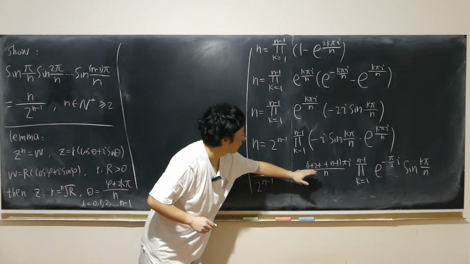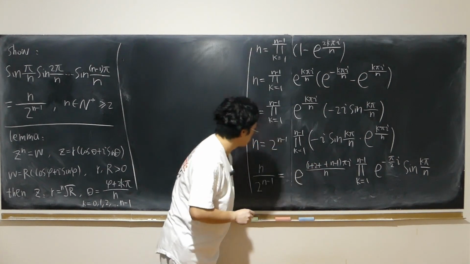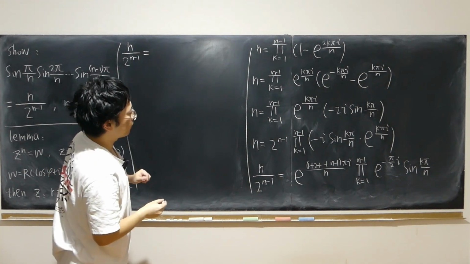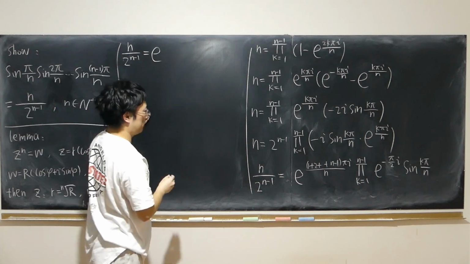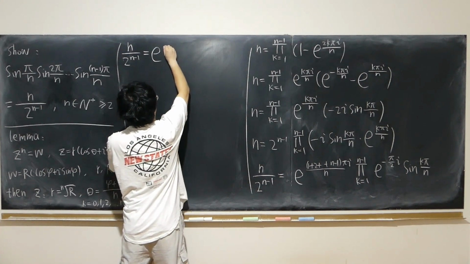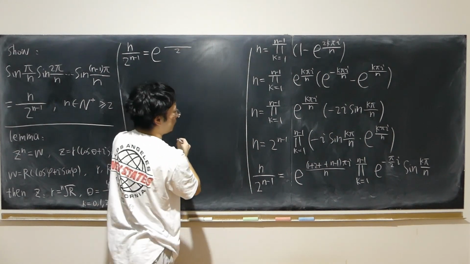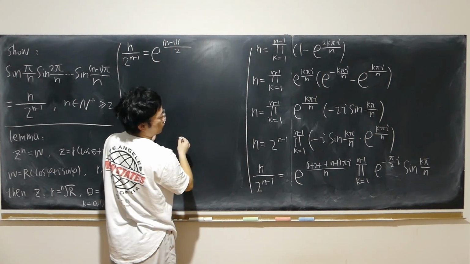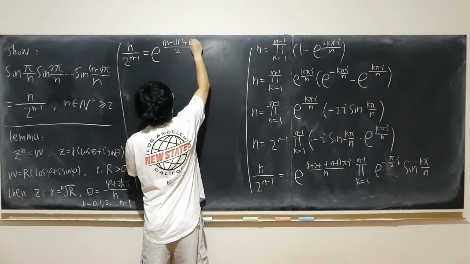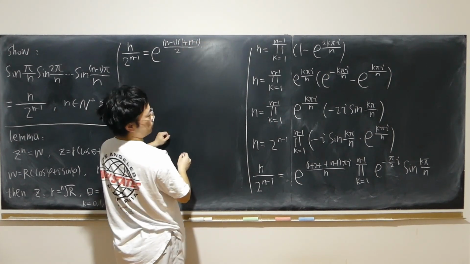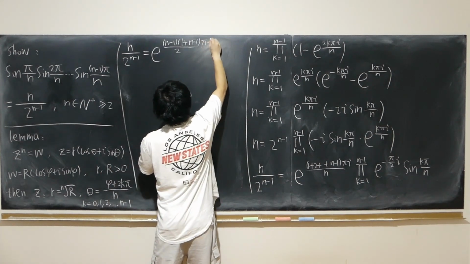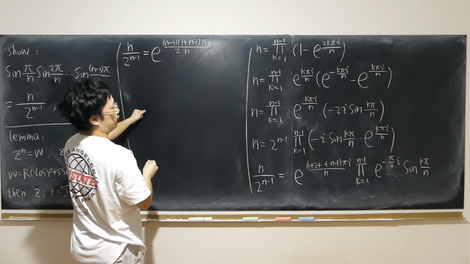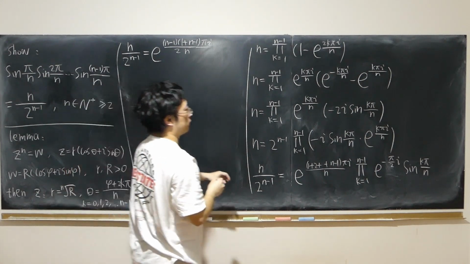So now let's just quickly work out this sum. This sum is easy. So n over 2 to the n minus 1 is equal to e to the, according to the formula, half of n minus 1, this many terms, and first term plus last term, still have pi i over n, right, still have this, and multiply by e to the, so this product,